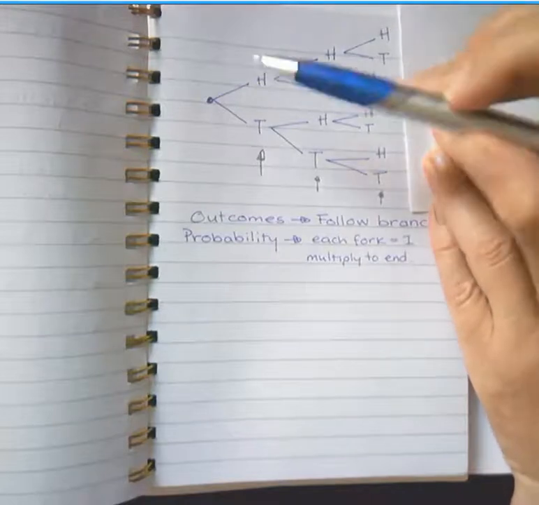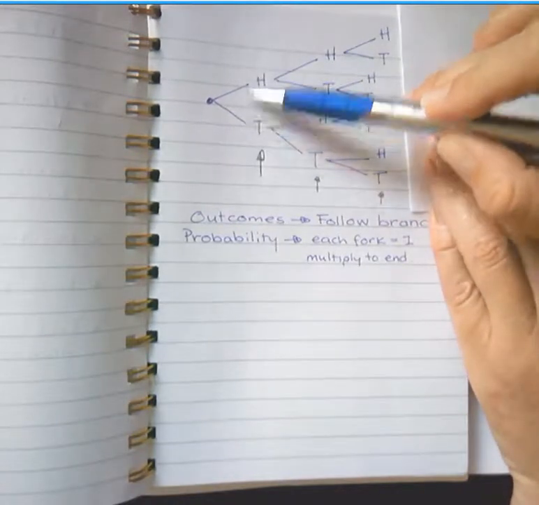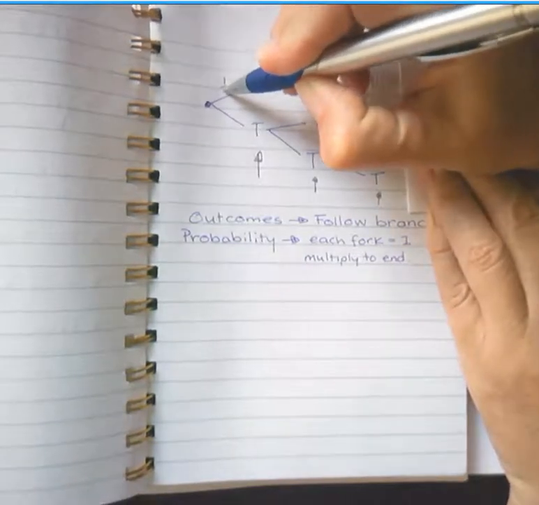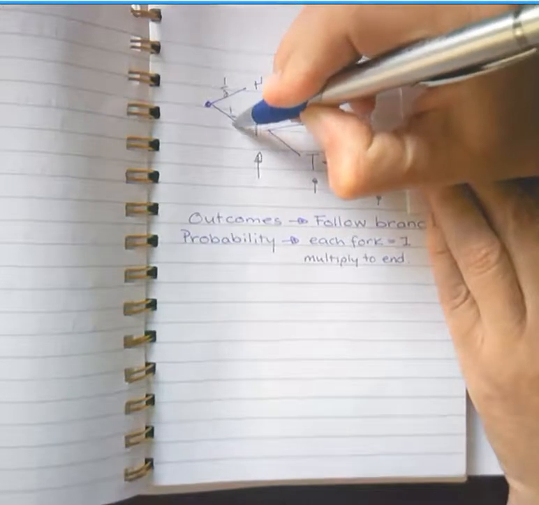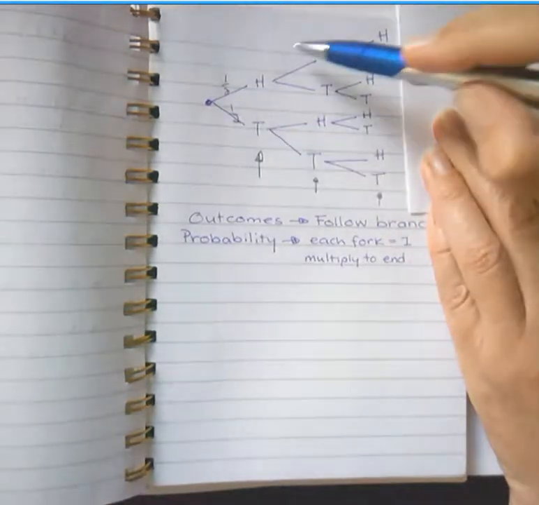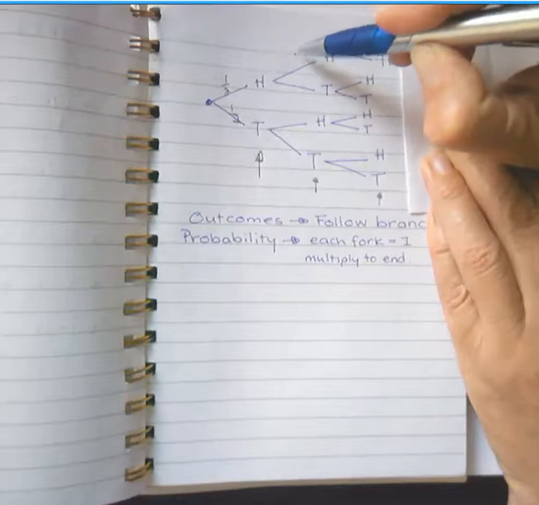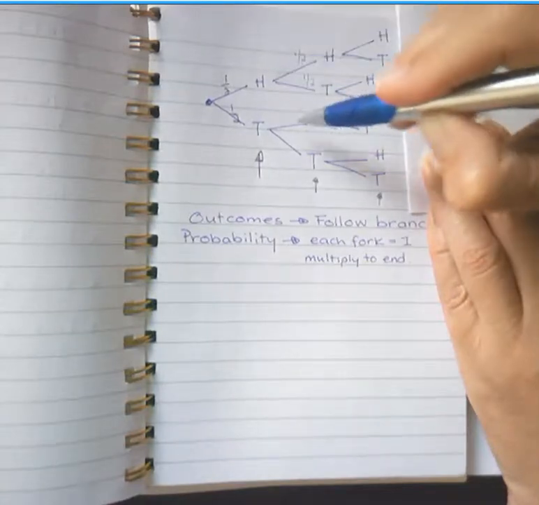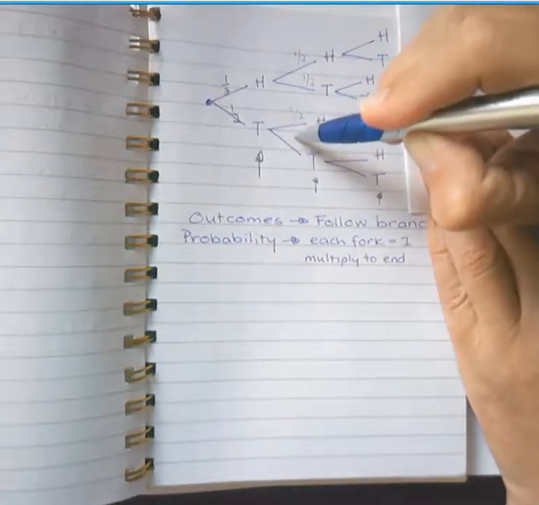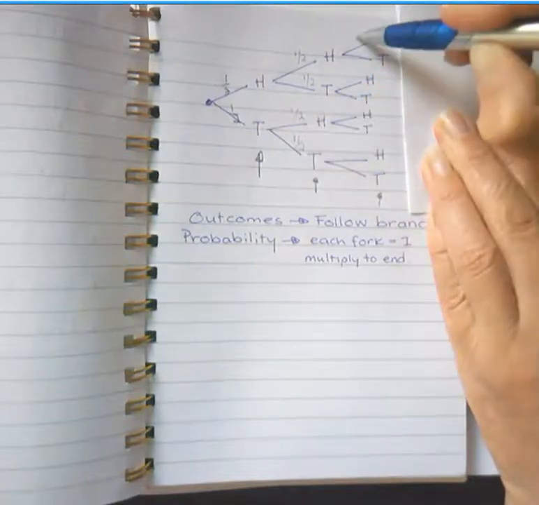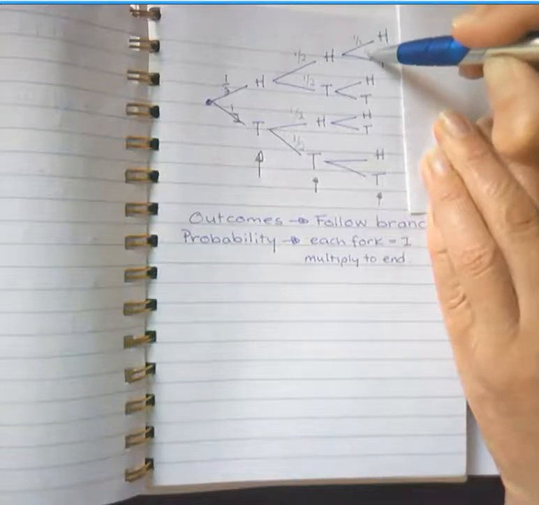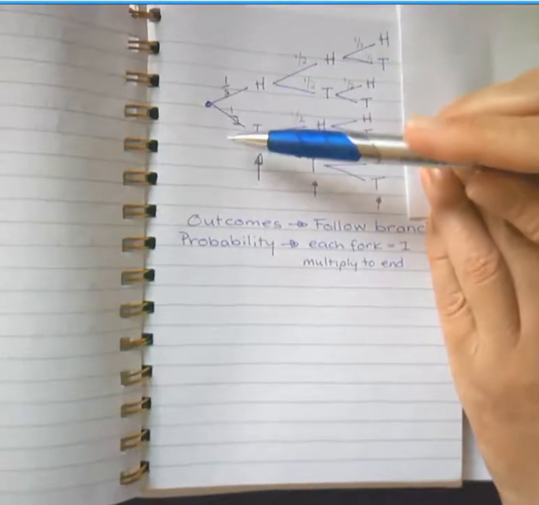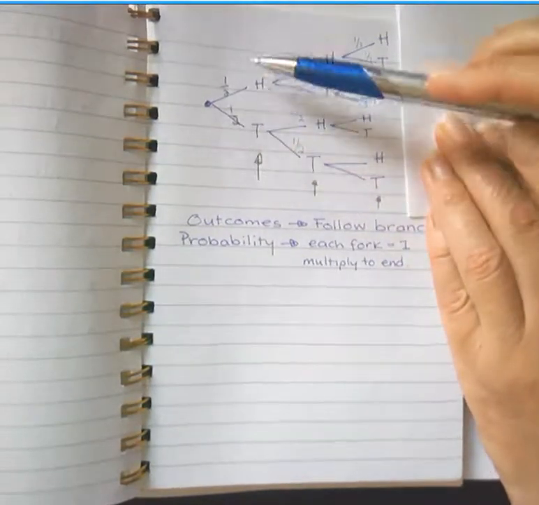In terms of probability, the fork of my tree has to add up to 1. If it's an unbiased coin, you would assume that this is a half, and that is a half. As you go on, you're doing exactly the same. So this would be a half, and this would be a half at this point. Again, a half and a half, and so on all the way along. Every time you're throwing the coin, you have half the chance of getting a head,